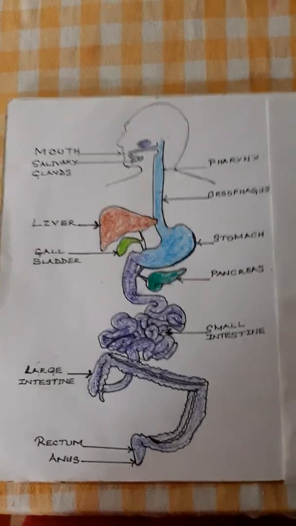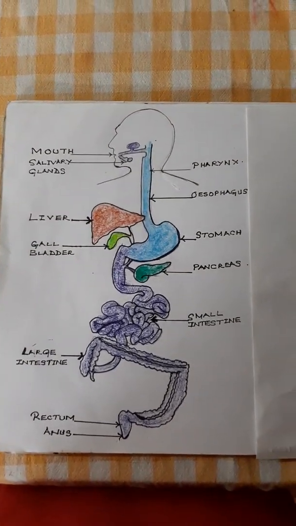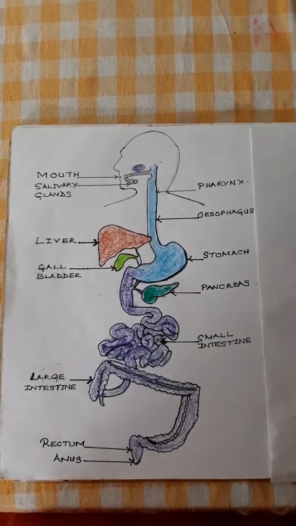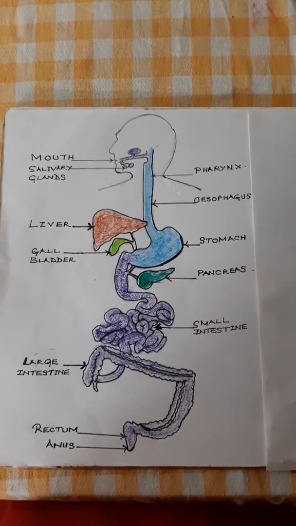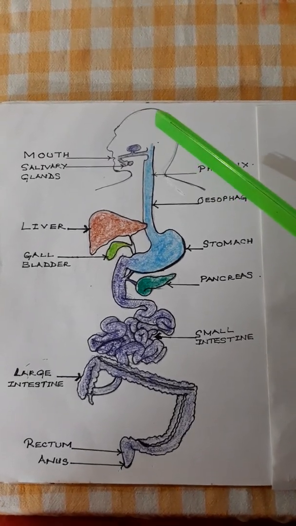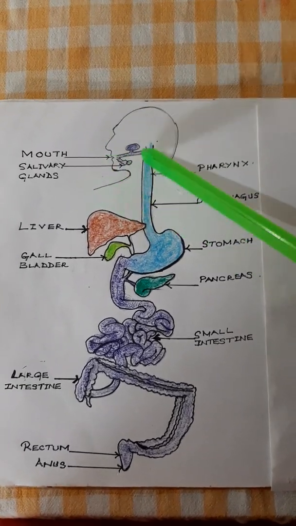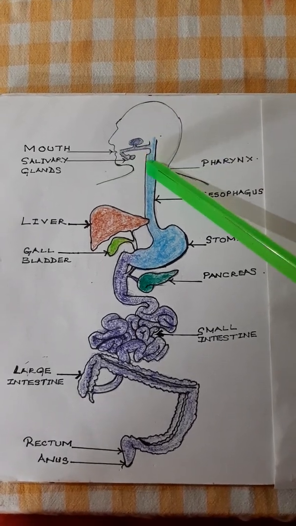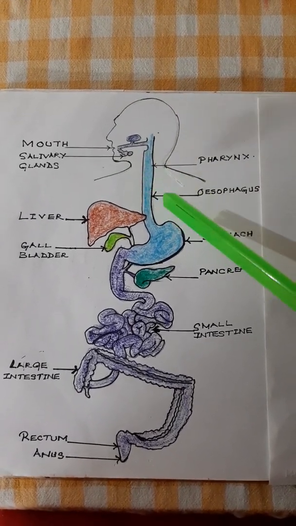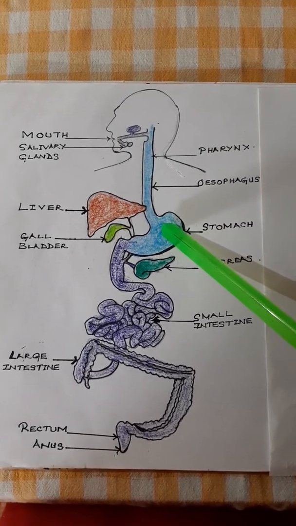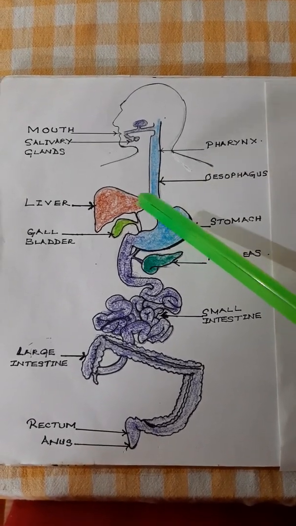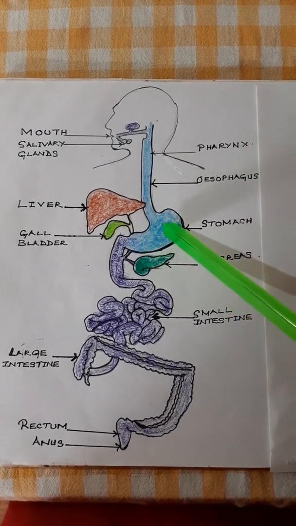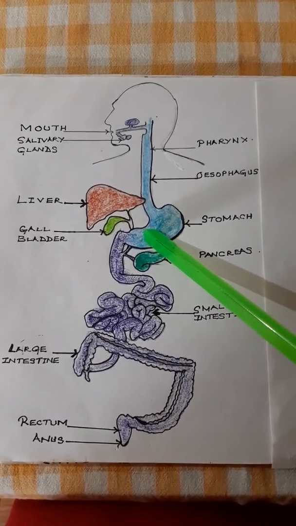Hello children, we are doing digestion in humans, or the digestive system in humans. We started with ingestion, the taking in of food through the mouth, then the food traveled down the pharynx and the esophagus, and it reached the stomach. Then we even did the liver, gallbladder, and pancreas, and from the stomach the food has now entered into